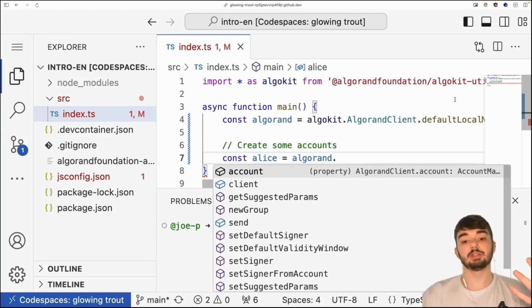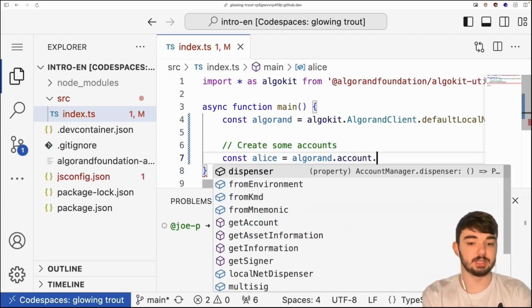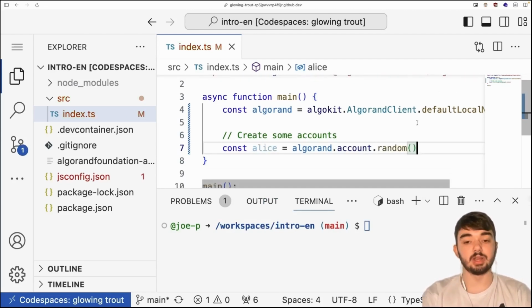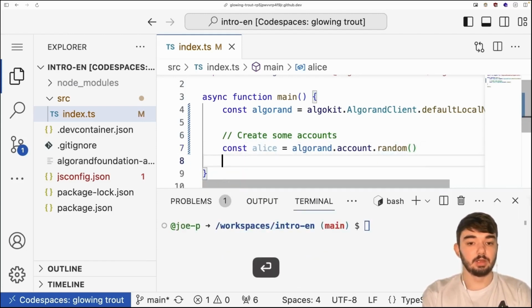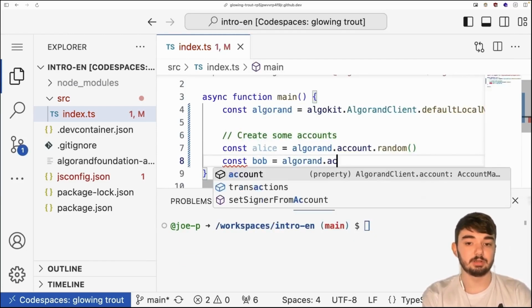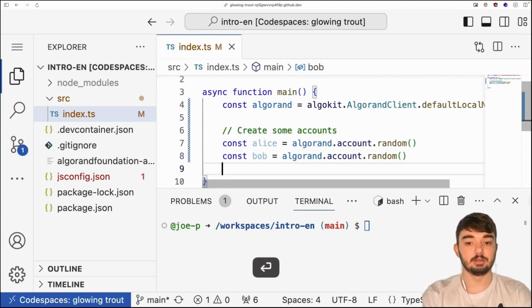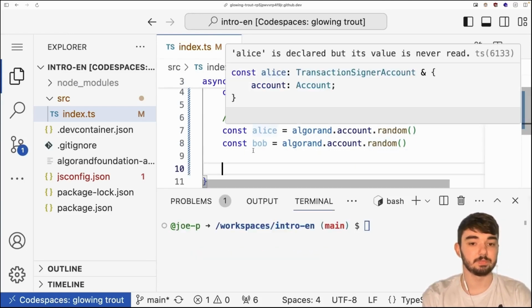What I want to do is create an account, so I do algorand.account.random. This is going to generate a random account, and I'm going to save that in the alice variable. And now I'm going to generate another random account called bob, and I'm also going to save that in a variable, generated using the random command.